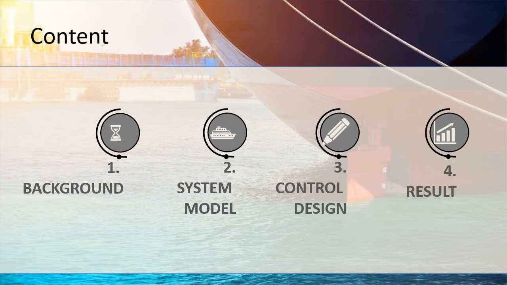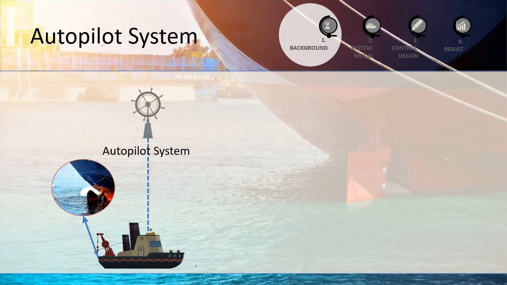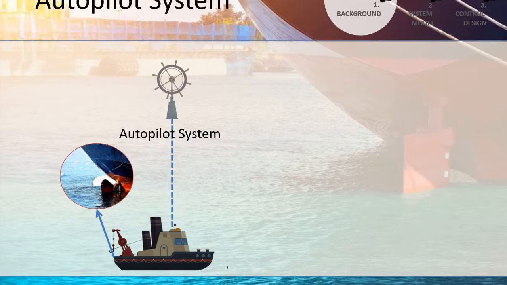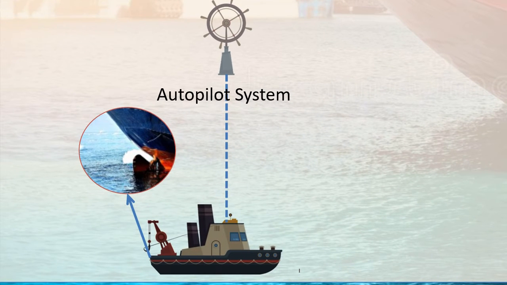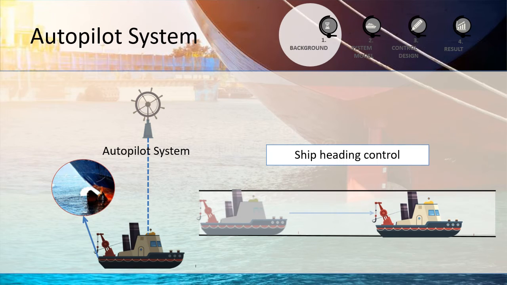Okay, in this moment, these are the points that we want to share with you. We will start with an autopilot system. An autopilot system drives the ship automatically without manpower, and the ship motion uses the ship's rudder for changing the ship direction. A good maneuver requires a proper hydrodynamics interaction between the control and the ship's structure as a whole. The ship heading control is provided to control the motion of a ship at sea.